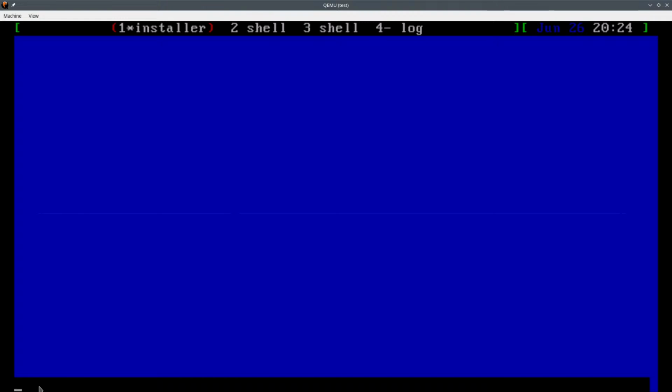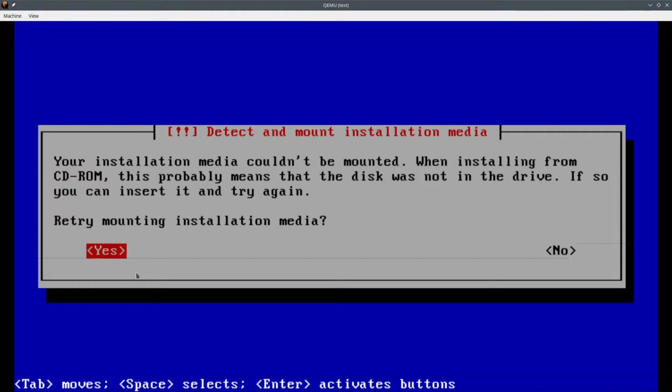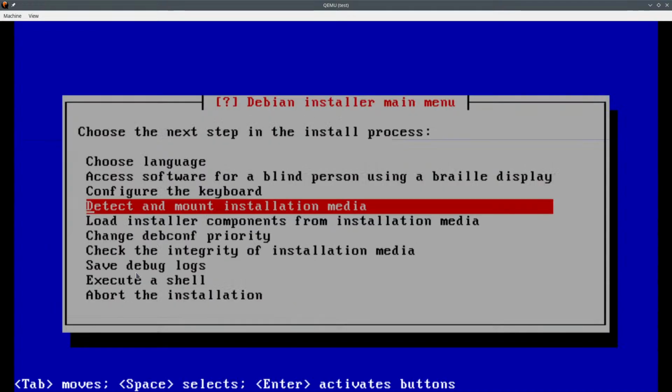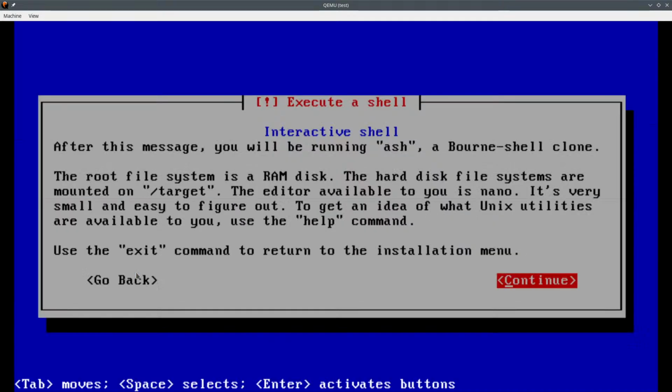Is it because this hardware is very new? Oh my god. No. Detect. Yeah. The problem is the hard disk from target.